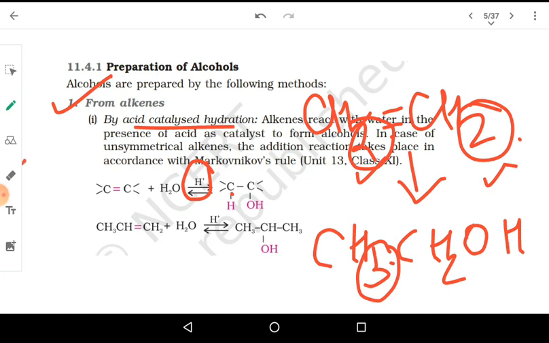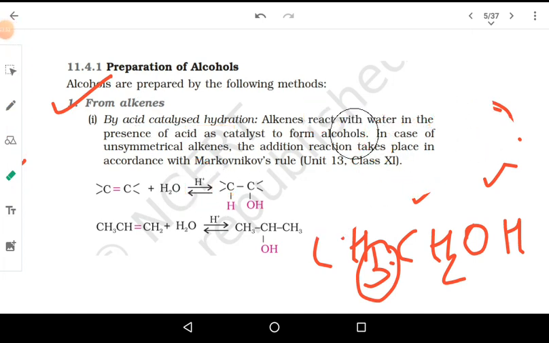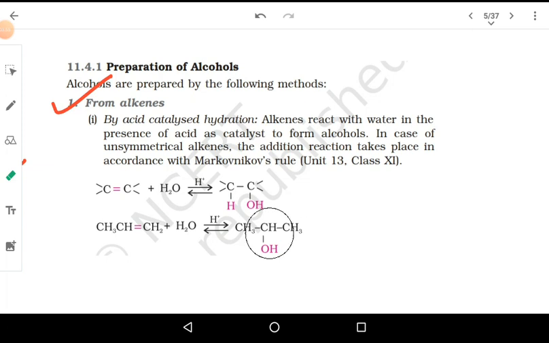catalyst. Now, which rule is followed here? We have studied two rules: Markovnikov's rule and anti-Markovnikov's rule. Remember that whenever we have water, we follow Markovnikov's rule and not anti-Markovnikov's rule. But if they have given R2O2 or H2O2 or benzoyl peroxide over the arrow, then we have to use anti-Markovnikov's addition. So in the case of symmetrical alkenes, it is not a problem. We can simply add hydrogen to one side and OH to the other side.